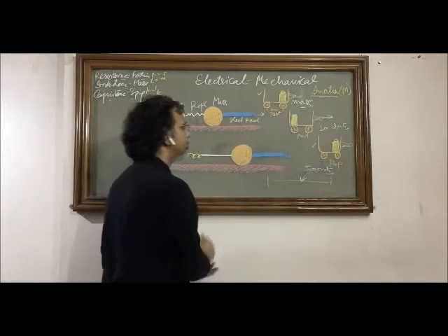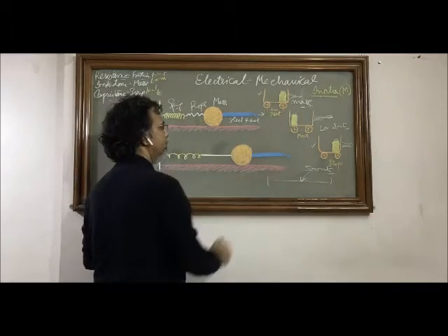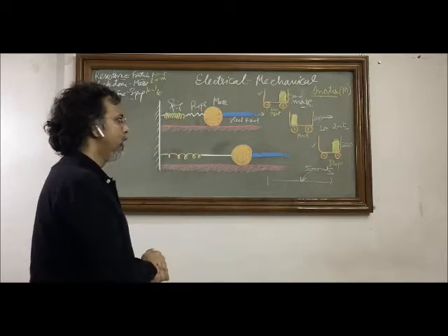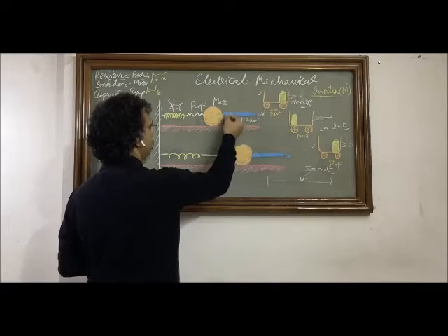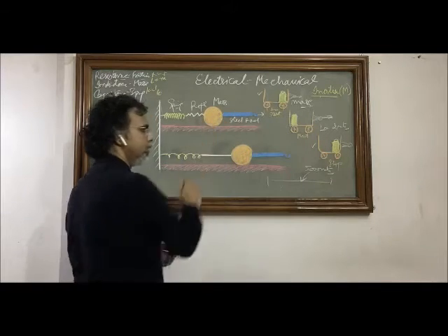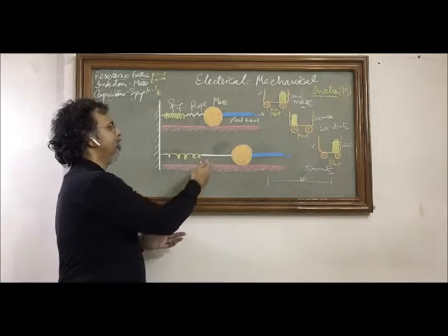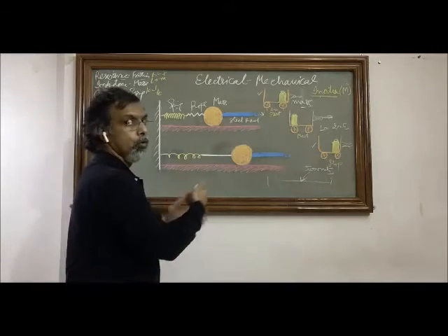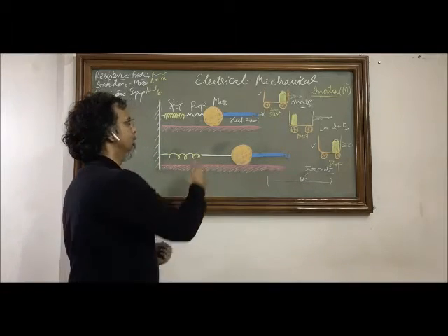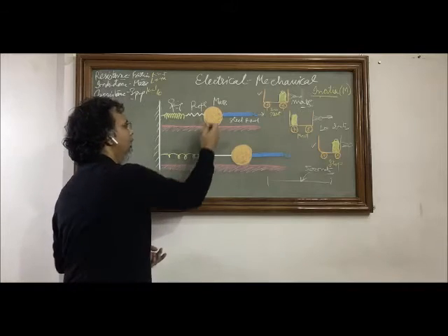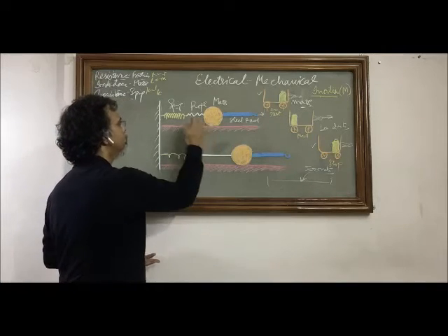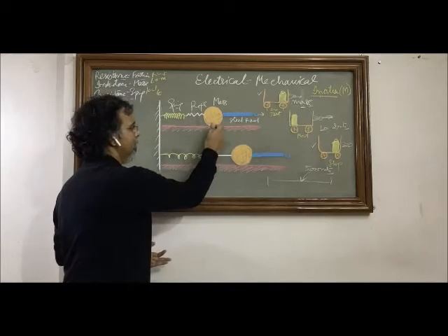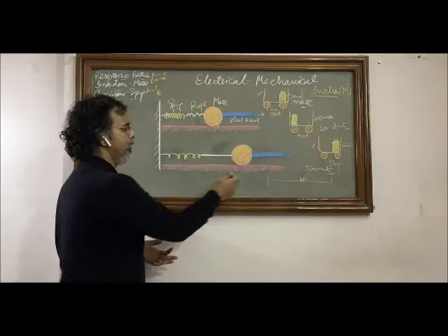Now we start pulling it. There is a force which pulls it. Let's say there is a strong man who is trying to pull this complete system. What will happen? First of all, there will be a force on this large mass, and as I said, initially because it is at rest, it will try to resist. But then it will start moving because the force will increase. At some point of time, the force will overpower this inertia and it will start moving. When this moves, the rope which was lax will straighten. So this rope is straightened now, and this mass has moved some distance in the direction of the applied force.